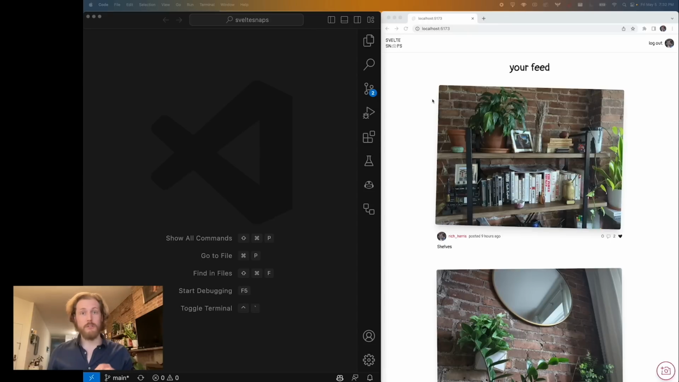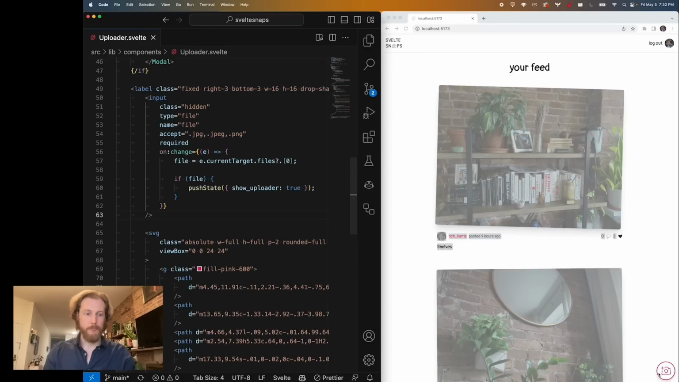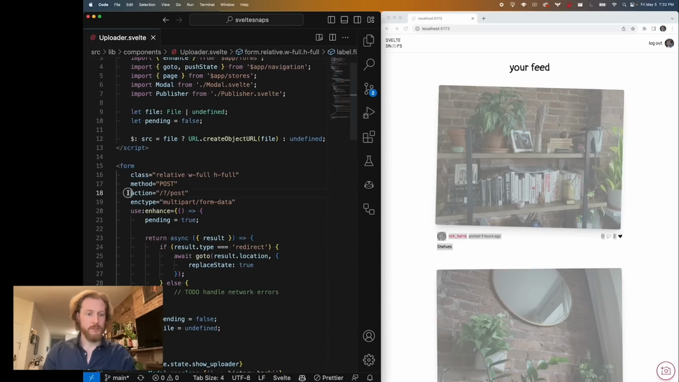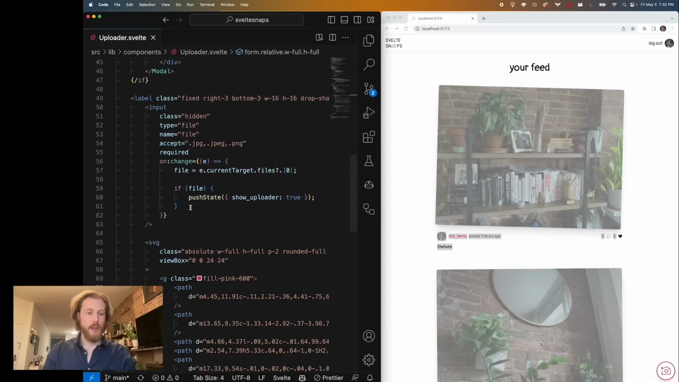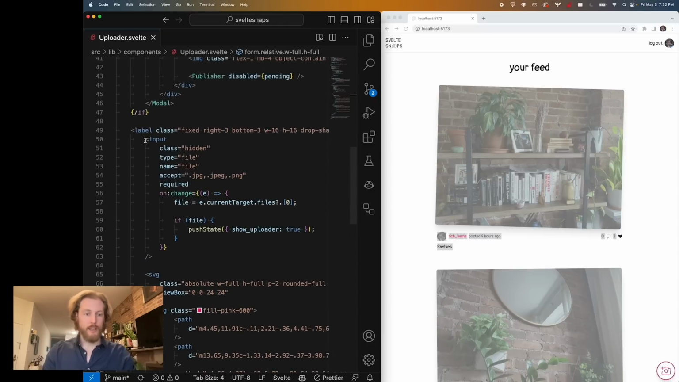So it will only show you images and photos from people that you've followed. So let's upload something. Down here in the right, we have an upload button. And if we inspect the component, we can see how it works. So this is inside a form which posts to the post action of the root. And the input that we click on has an onChange handler, which gets the current file and then calls this